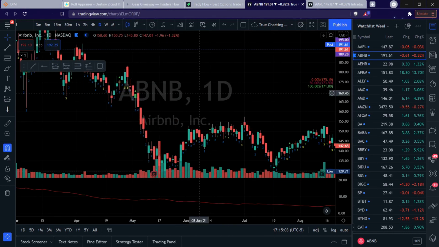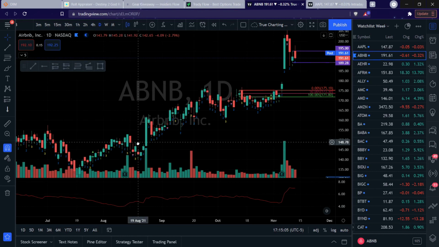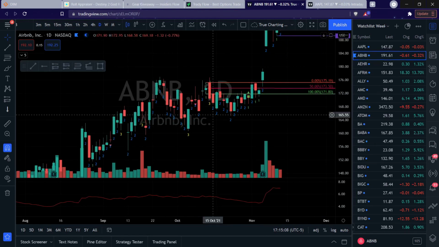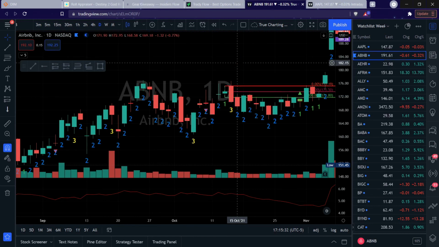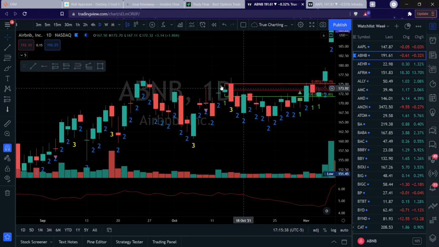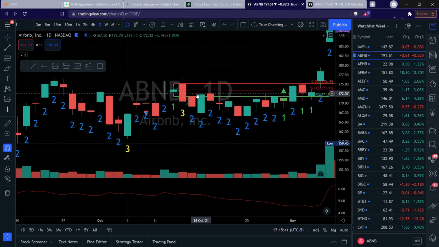So the 1 to 3 move is very significant and very high probability, depending on which way you play it, or which way the 3 bar indicates to play. So it's obviously the bearish version, reverse it up top for the bullish version. Pretty straightforward stuff. This is a nice way to swing it. I'm going to show you guys in the next video how to swing based off of inside bars to 2 bar, which is a little bit lower probability. I will say that, but there are strategies that you can use in order to do this. And in one of the next videos coming up as well, I'm going to show you a little bit sharper, more advanced entries using the fib settings that I have here.